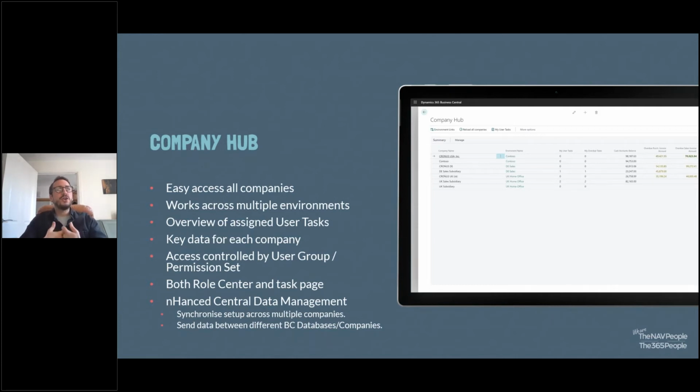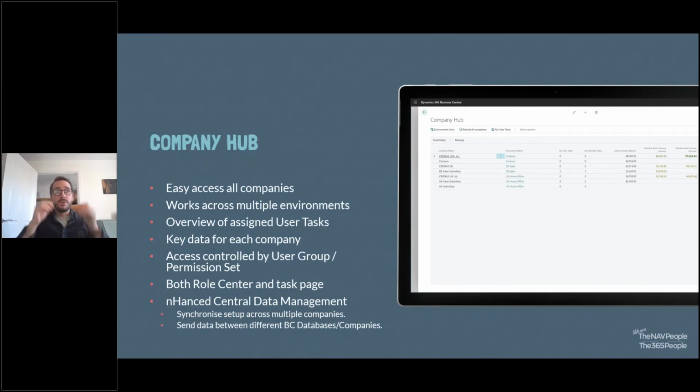So as a user, if I have business units that are across different databases and also different companies within this database, normally you have to sign out, sign back in, and go and find those different companies and do your work in those applications. What Company Hub allows you to do is view all of those companies across different environments, connected up by web services, and allows you to have environment links to those different environments and different databases and different companies. So what that then allows you to do is jump into the thing you want to get to